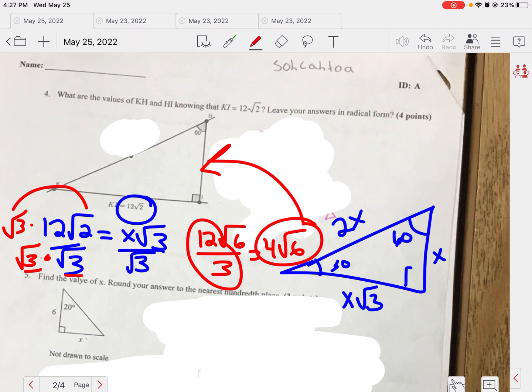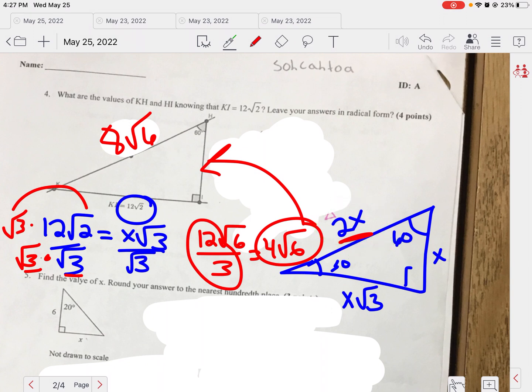Now that we know what x equals, we can figure out what 2x is. All I have to do is 2 times 4, which is 8, and then keep the square roots of 6. You don't have to multiply that 2 inside because it's not under a radical, so we can't do that. So again, I found the side that matched, I set it equal to the side that goes with it, and I solved for x. Once I know x, I know that side length, and then I just double it for this one. And again, how I remembered it, the 30 is touching x square roots of 3. Opposite of 30 is x, and because 30 is half of 60, or double to get 60,